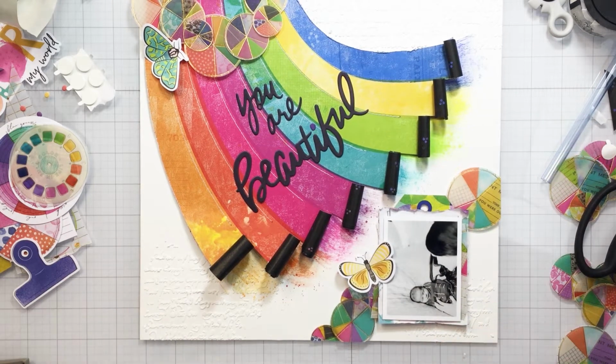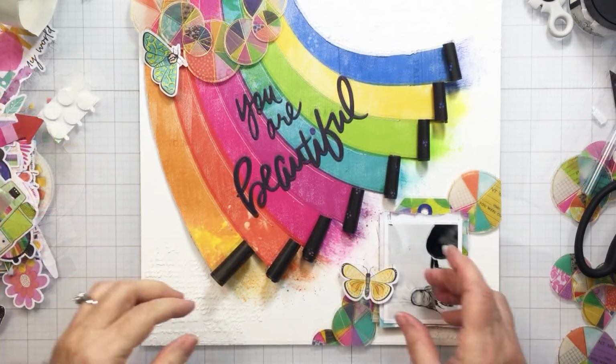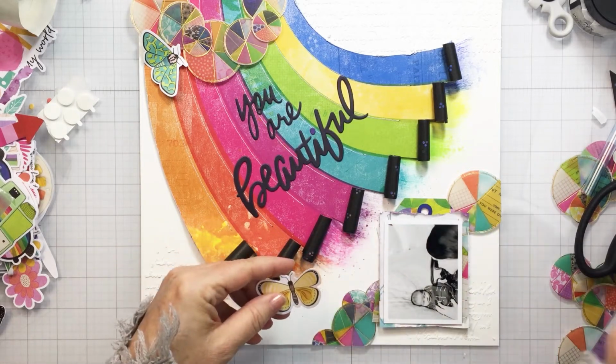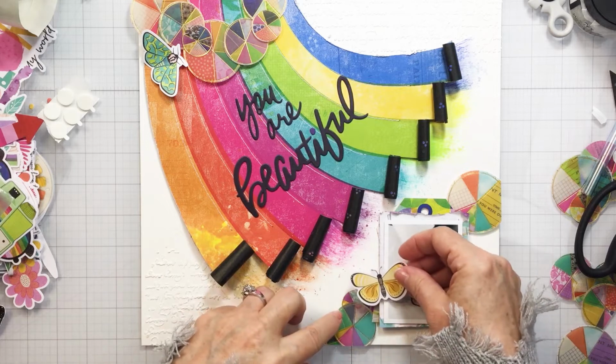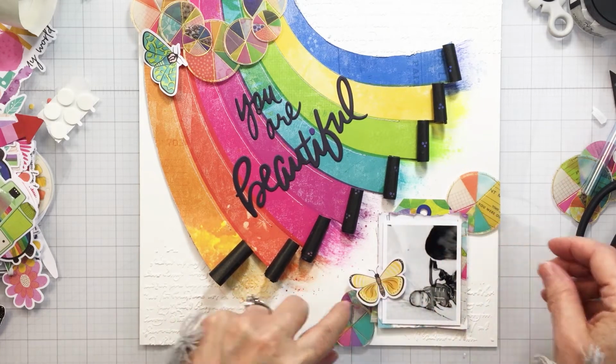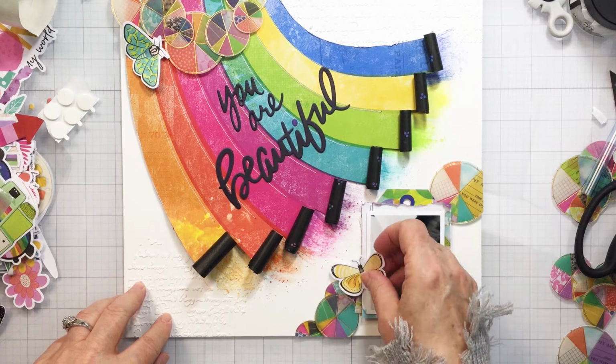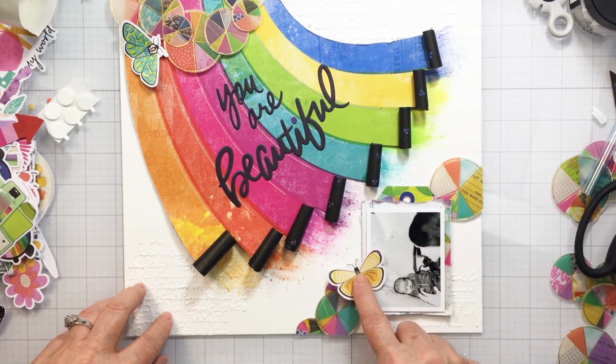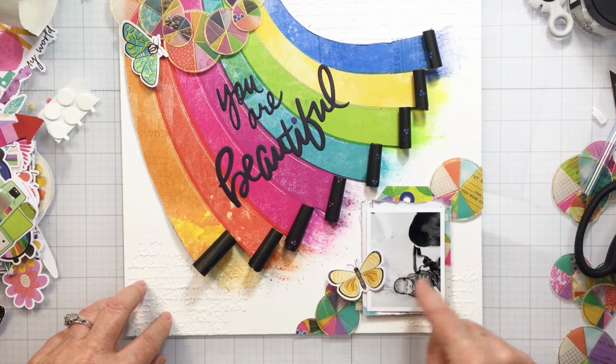Okay, I need to find another one. I'm gonna find another die cut. Okay, I didn't have any luck finding another die cut colored butterfly or moth that was different from what I've already used, so I decided to just use the two. I don't want to cover up a whole bunch of that photo,